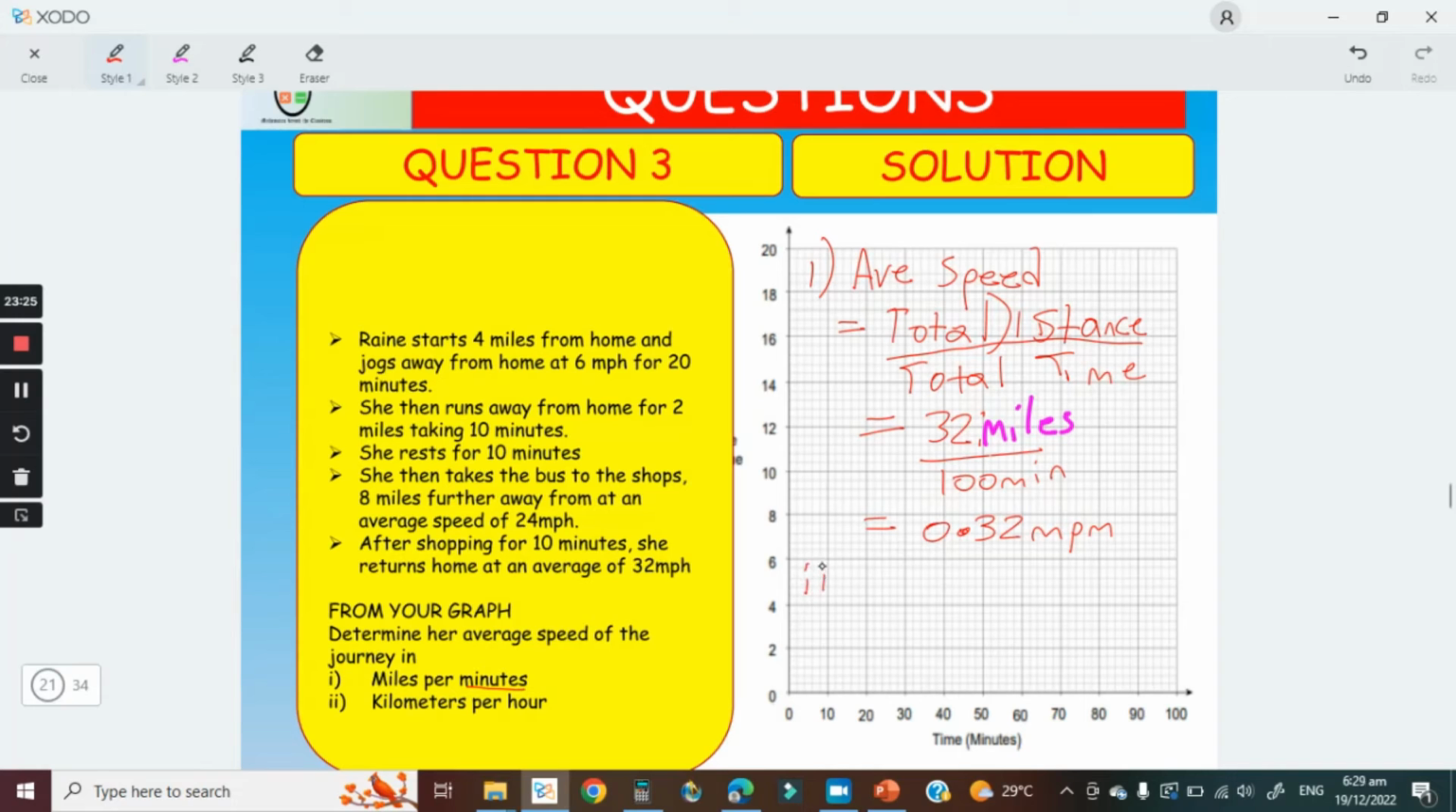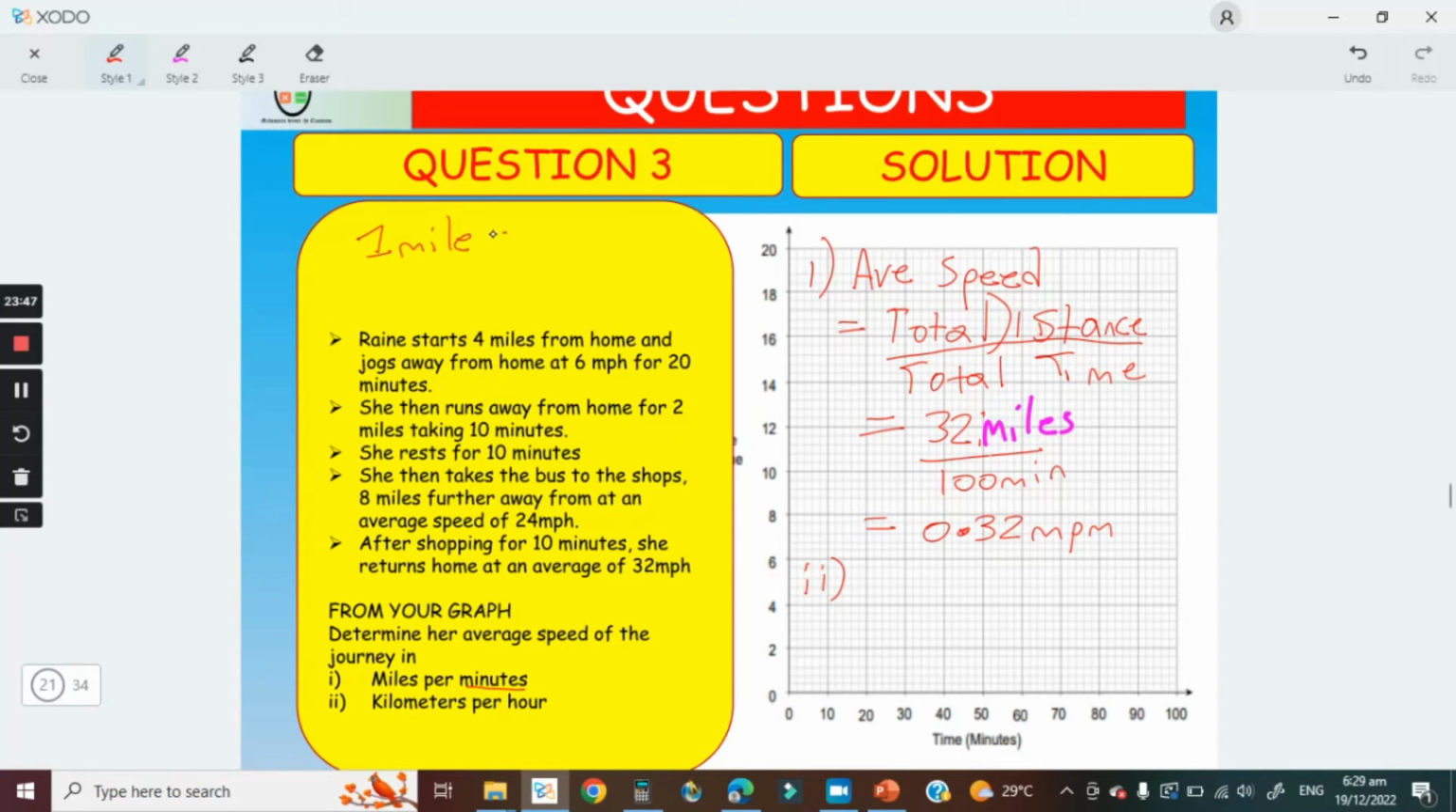Now part 2, it wants kilometers per hour. To go from miles per minute to kilometers per hour, first you have to know the conversion. How many miles make a kilometer? No problem. We don't remember. We need to be able to convert miles to kilometers. Now, usually in an exam, they're going to tell you that